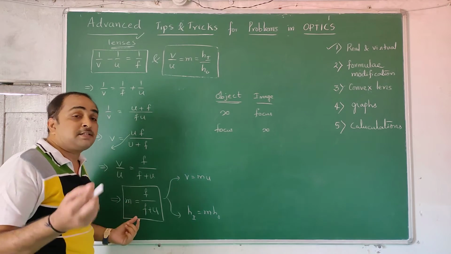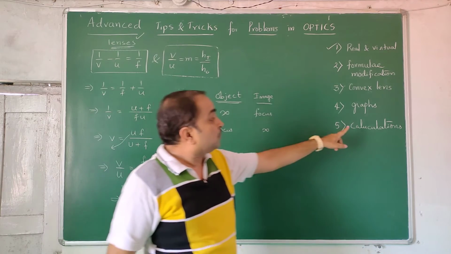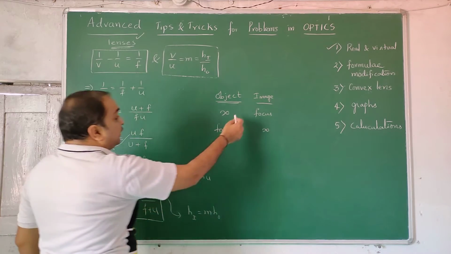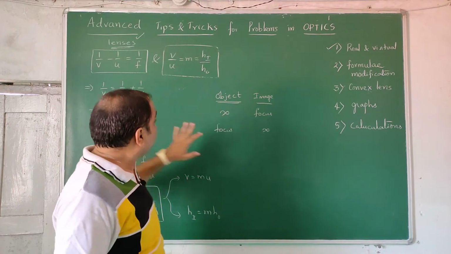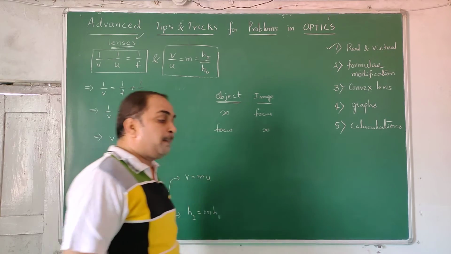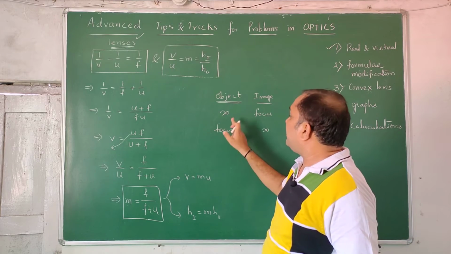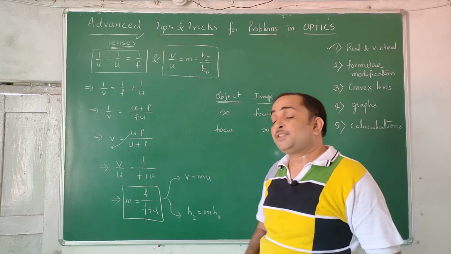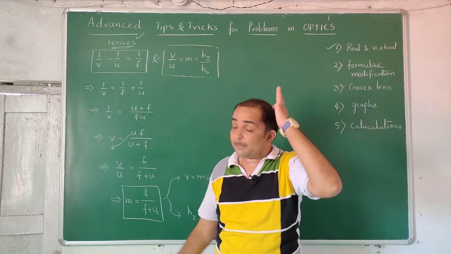And additionally, if you can remember this formula, your calculation gets tremendously easy. Calculations I am going to do in part 5 of this lecture. The only thing is, for object at infinity or image at infinity, you don't apply this formula, go for that formula. Otherwise you have to take f common, there is a procedure. But with simple logic, the easier calculations involving object at infinity, image at infinity, object at infinity, image at focus, which are oral questions, you can do very easily without a formula. When you need a formula, this is a better formula, but this is a general formula.